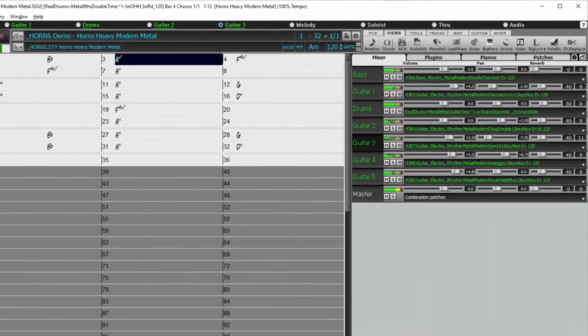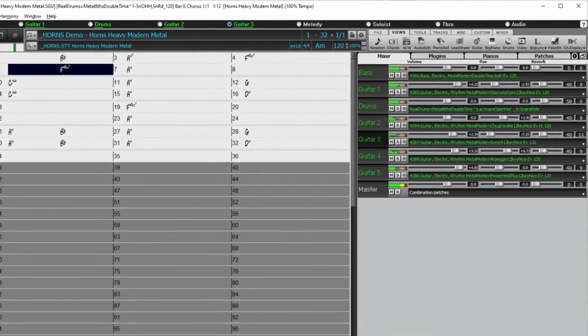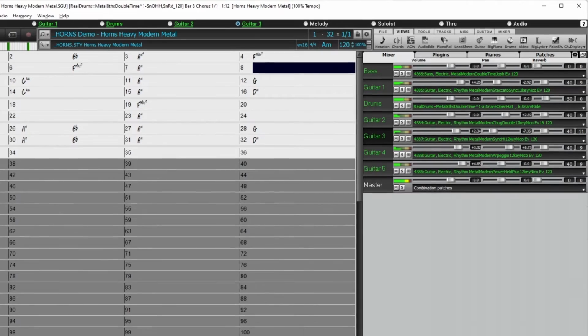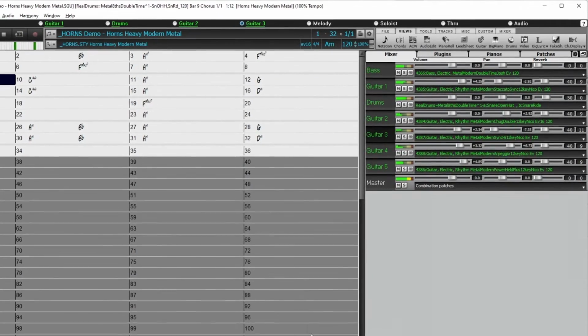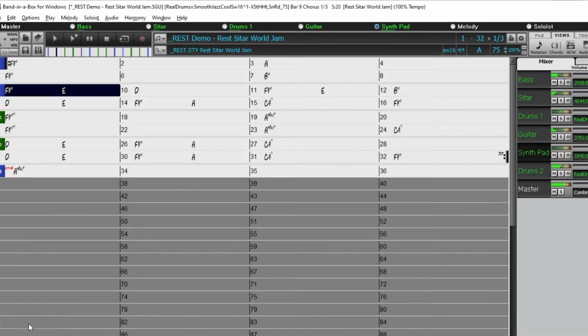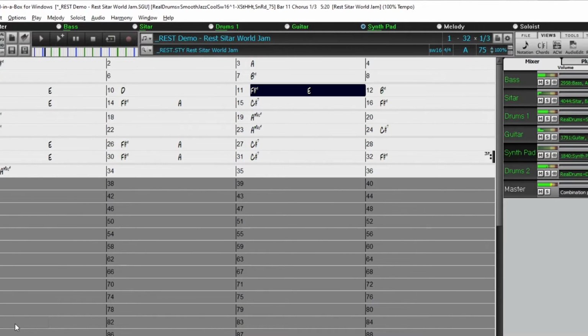And the guitars were all recorded in all 12 keys, meaning Band-in-a-Box does not need to use any pitch shifting on the audio, making for a more consistent tone no matter what chords you enter and no matter what key you're in. And we've also included requested world styles, expanding our collection of sitar, tabla, and dholak. For